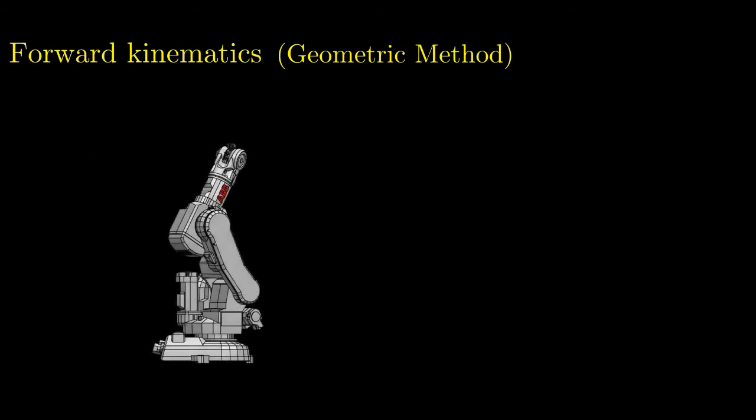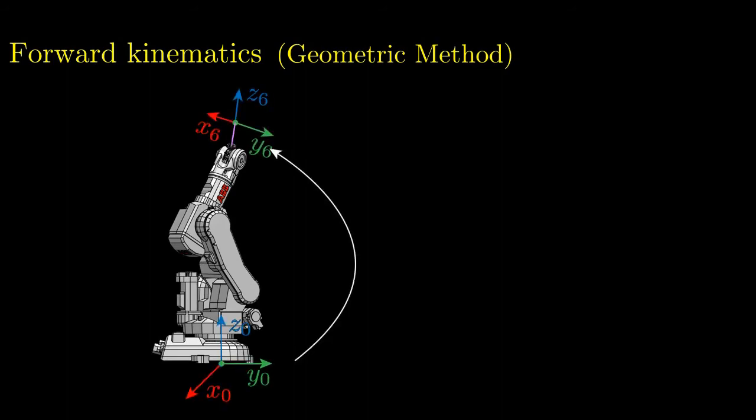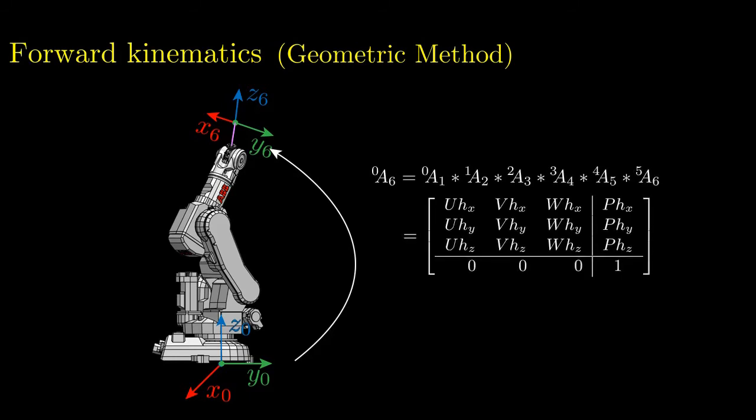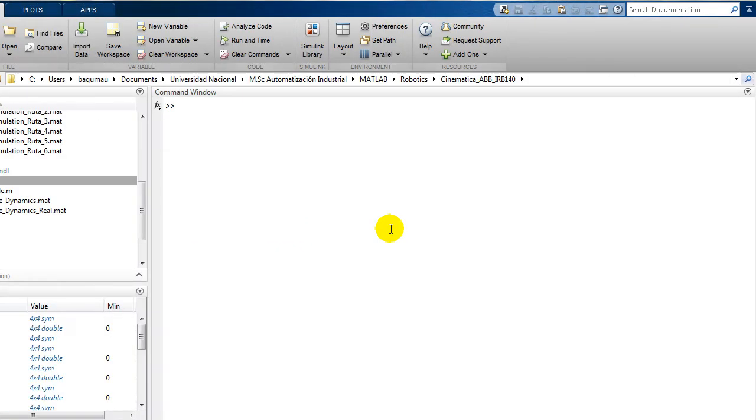Now we can describe the pose of the end effector along the base coordinate system by simply multiplying all the previously defined transformation matrices, from A0 to 1 until A5 to 6. It generates the transformation matrix A0 to 6, which represents the final pose of the robot's end effector from the base. Next, I am going to show the use of the previous matrices through MATLAB and several functions developed by robotics researchers on it.